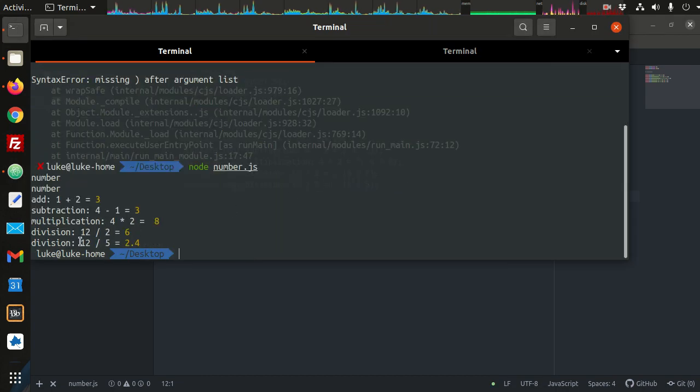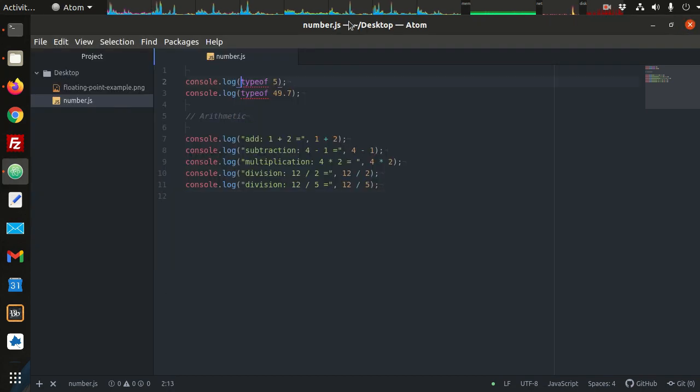All right, and we see division can result, if it divides evenly, in just an integer style, but this is still a number. And then 12 divided by 5, which does not divide evenly, we see it turns into the decimal value there. Right? Up here we might as well label these properly too. We have typeof 5, and that equals, and here we have